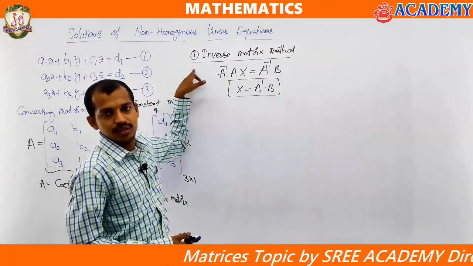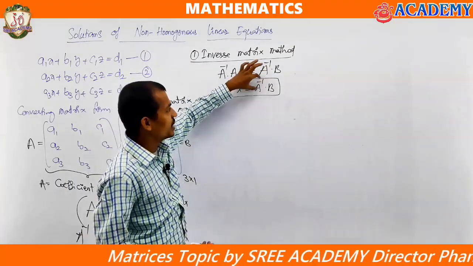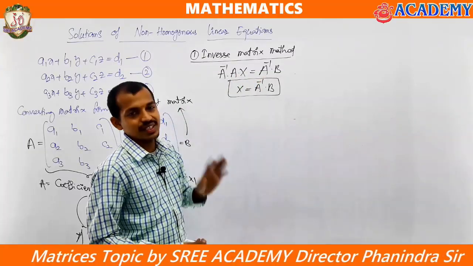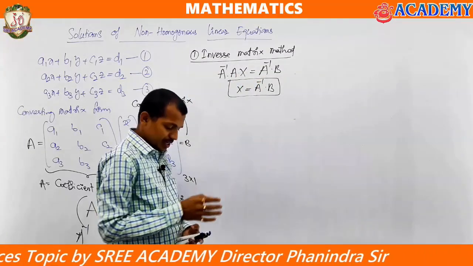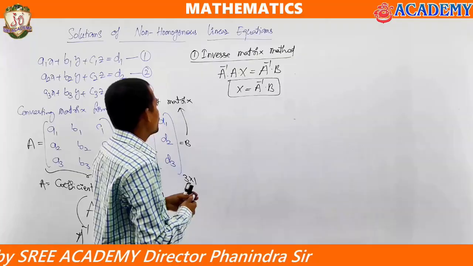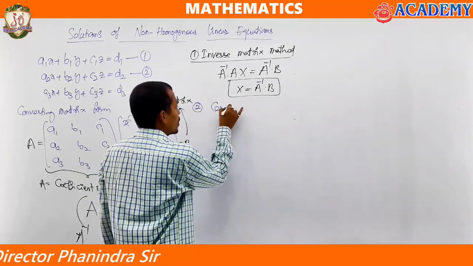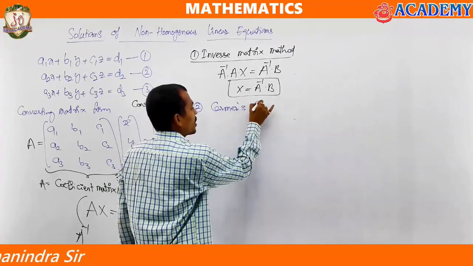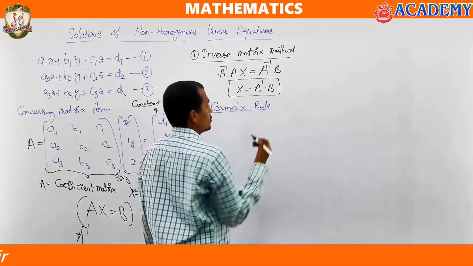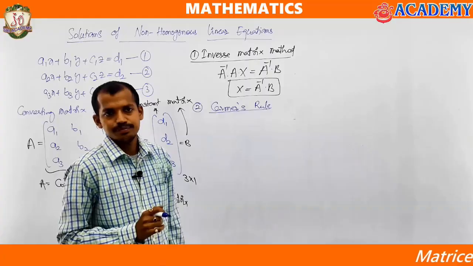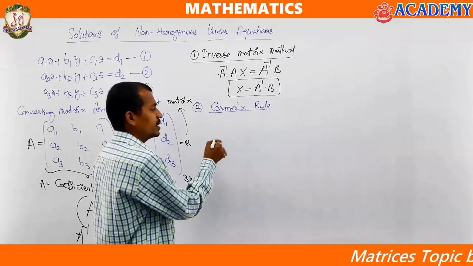This is one method, that is the inverse matrix method. After finding the inverse matrix, if you multiply with the constant matrix, then you will get X values. Same thing, one more method, that is Cramer's rule. Here what we will do means, whatever this A is there, the determinant of A is going to be